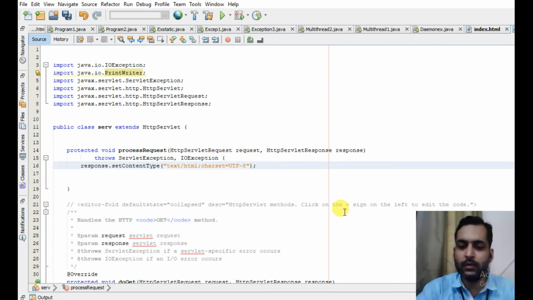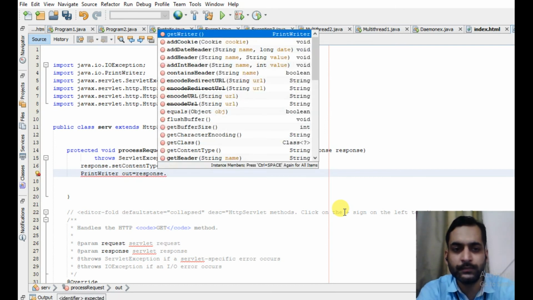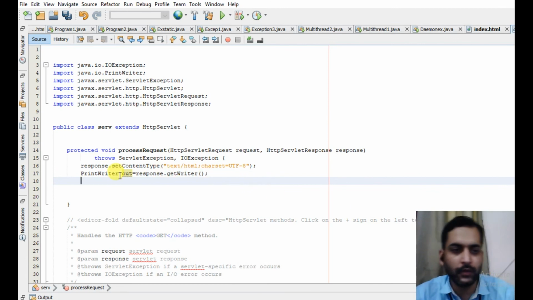There is one more line which is commonly used in every servlet, that is PrintWriter out is equal to response.getWriter. So this out object of PrintWriter class is used to write something on the web page.